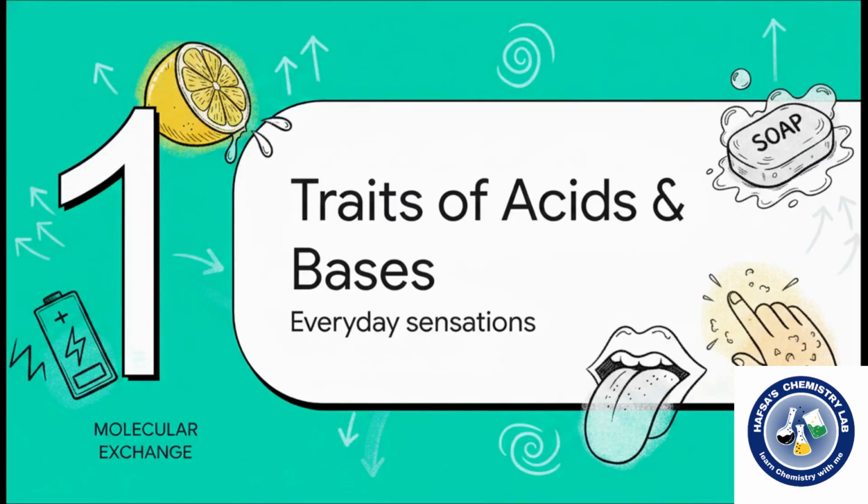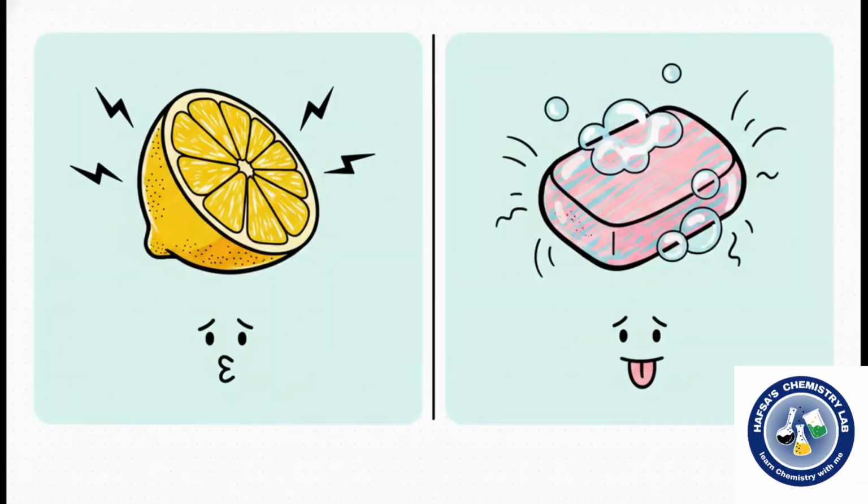Section 1. Traits of acids and bases. Before we get into all the complex molecular exchanges, let's actually ground this chemistry in the physical, everyday sensations that you can experience and relate to. Acids? Well, they have some pretty distinct, sometimes aggressive physical personalities. They're famously sour, think of the citric acid in a lemon, and they can actually be genuinely painful to the touch. We generally divide these into powerful mineral acids like hydrochloric acid or HCl, and organic acids like acetic or